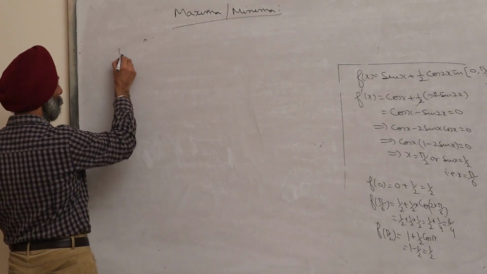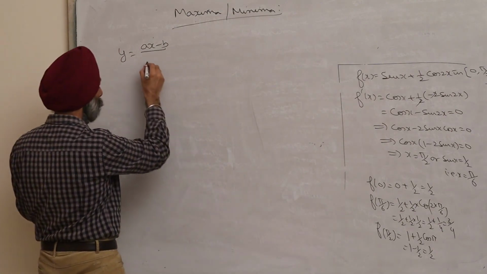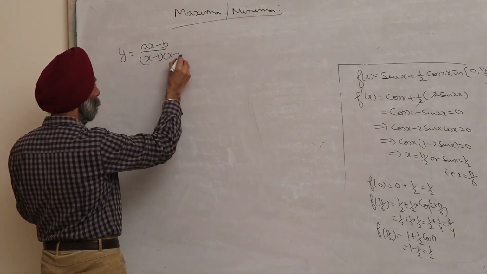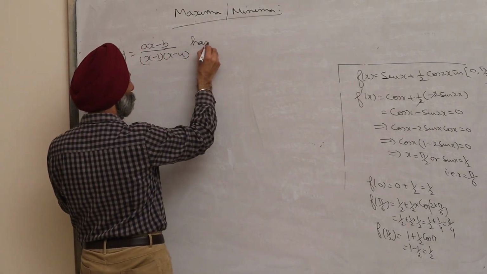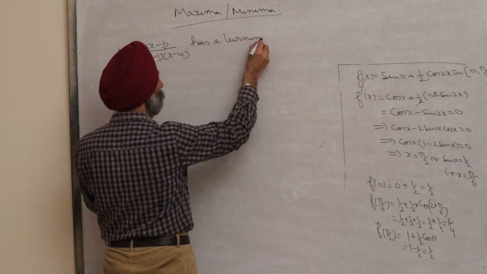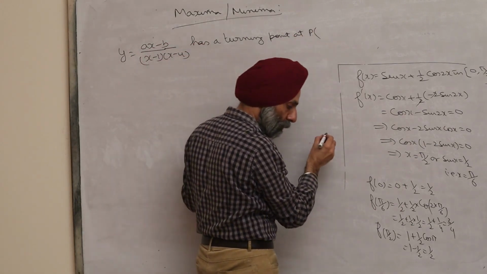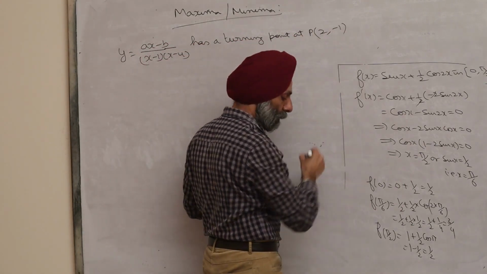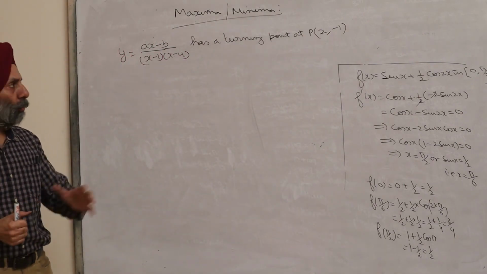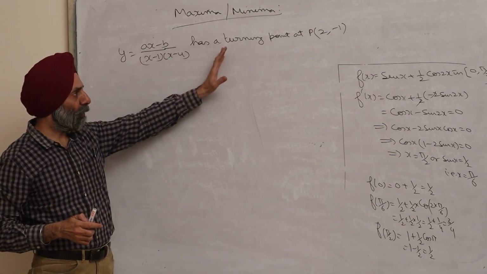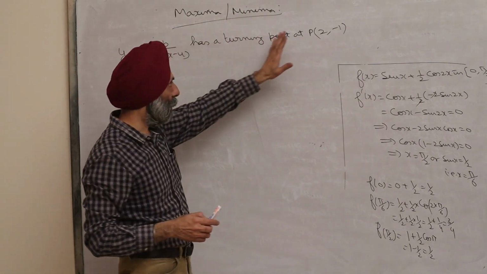Now next question is, if y is equal to (ax minus b) upon (x minus 1)(x minus 4) has a turning point at P, which is (2, minus 1), then find the values of a and b and show that it is maximum at P. So this function has a turning point at P (2, minus 1). We have to find the values of a and b and show that it is